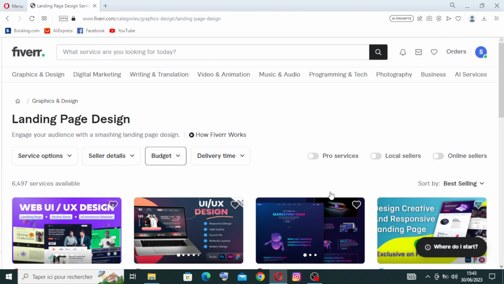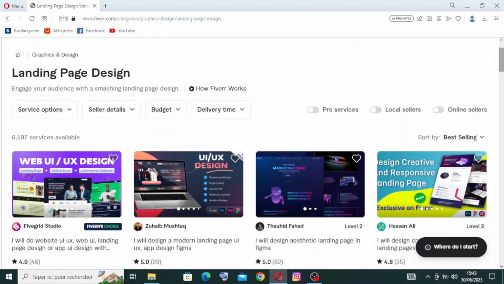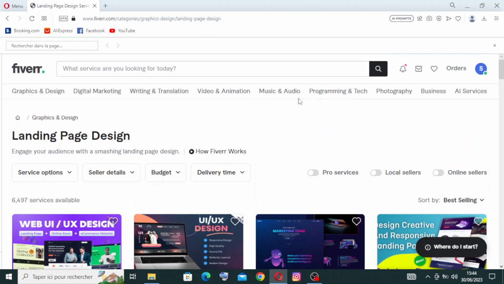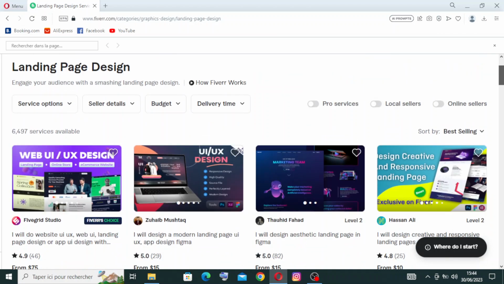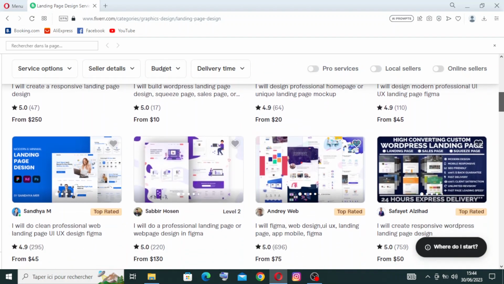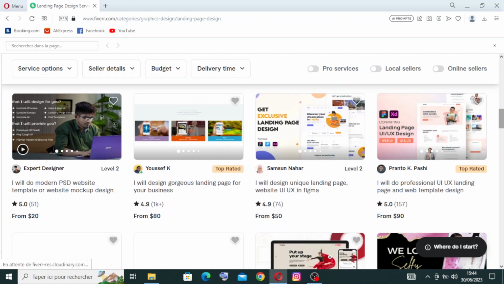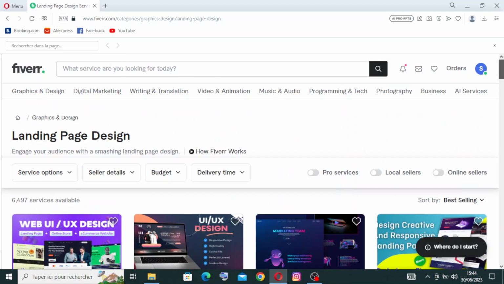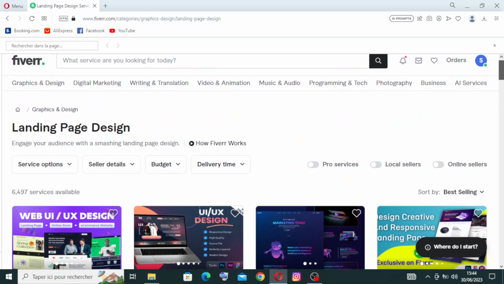So like you see with me here, this is the homepage of Fiverr, or the interface of the website on this service, where you can find all the key features that you absolutely are going to need on the website, and also the results of the landing page designs from different designers. We have at least 6,497 services,